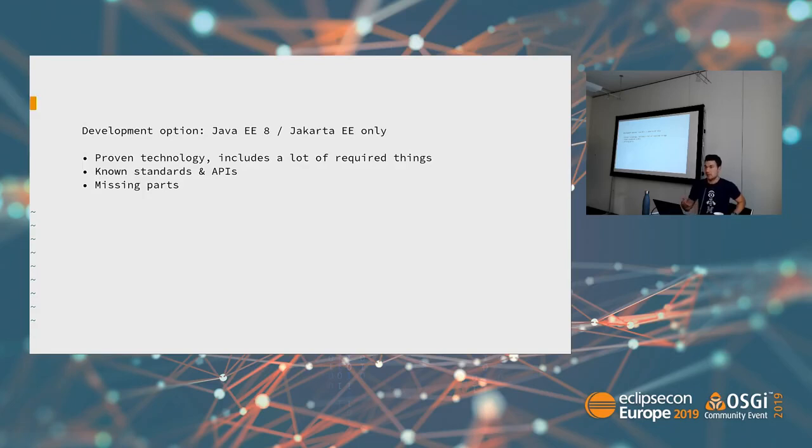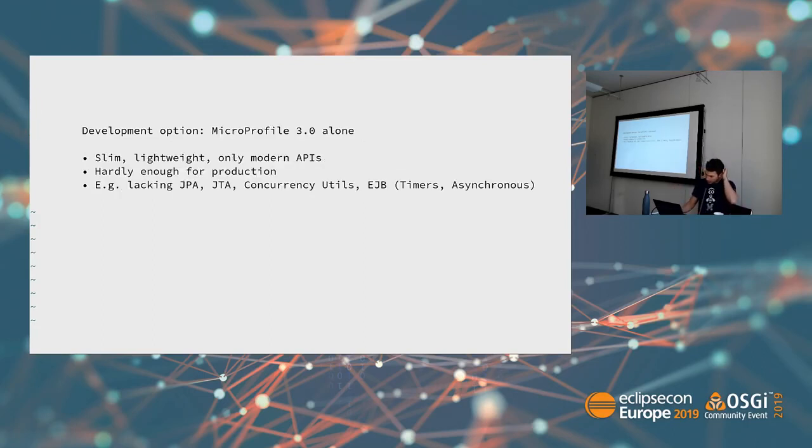But as we saw before, there might be some missing parts, right, in terms of observability, for example, or resiliency, fault tolerance, these types of things that are not included yet, where that alone might not be quite enough on modern cloud-native based applications. But also, if we, for example, take MicroProfile on its own, like in version 3.0, then, well,